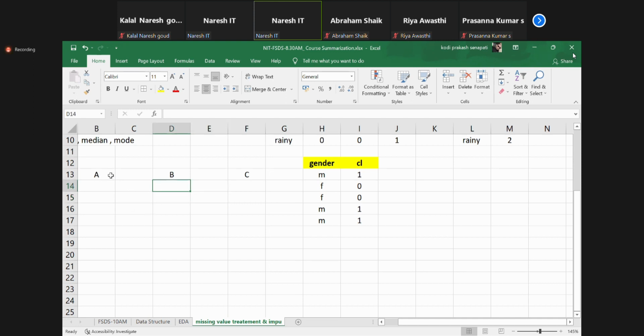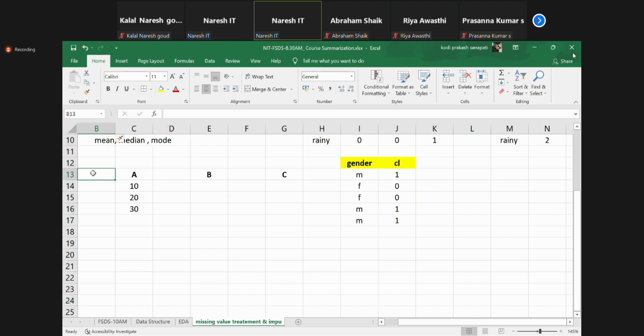So let's go back, and I take 10, 20, 30. Mean, median, mode. Copy, paste.